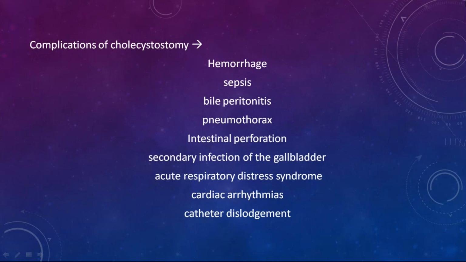And the complications of the cholecystectomy are like any other surgery, site specific and organ specific. Hemorrhage and sepsis are common, and there is bile peritonitis, because if any of the infected bile which is present in the gallbladder is leaked and falls in the peritoneum, and you do not wash the peritoneum properly post surgery, bile peritonitis can occur. Pneumothorax is also one of the complications of surgery,